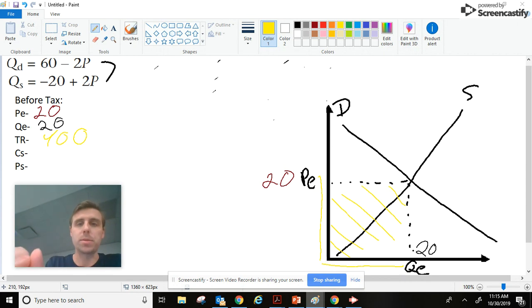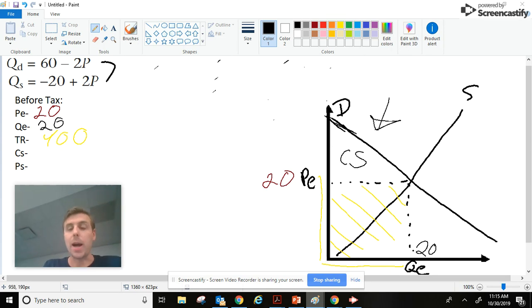Same thing with consumer and producer surplus. Before we even start that, we need to find our demand and supply intercepts. As a reminder, this graph will help. For consumer surplus, I'm trying to find the area of this triangle right here. Now, I know my base is 20, right? I know my